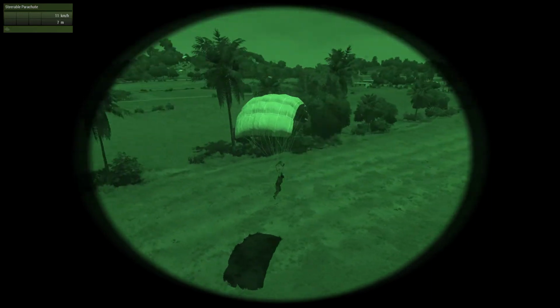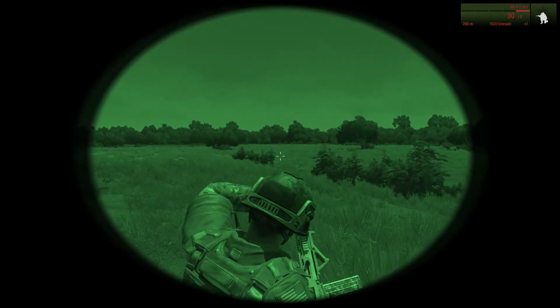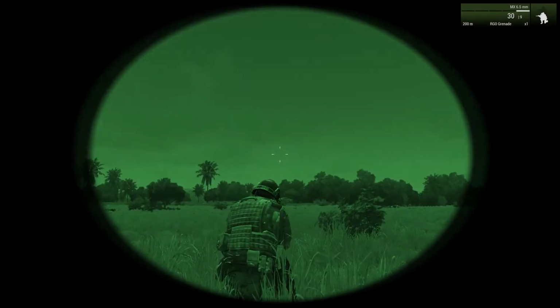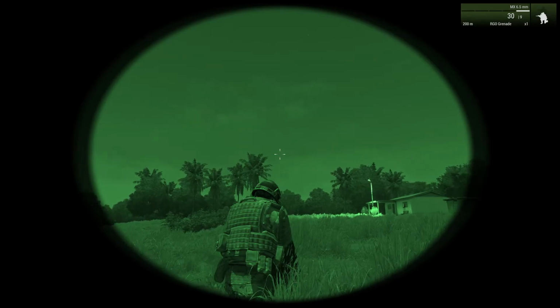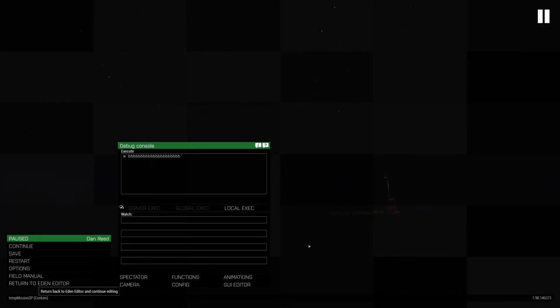Okay, here we come. I'm watching my shadow, and just at the end I gave a little bit of S key there to stop my forward speed, and we're down. All right, that's the end of that part of the lesson. We're going to go back to the editor,